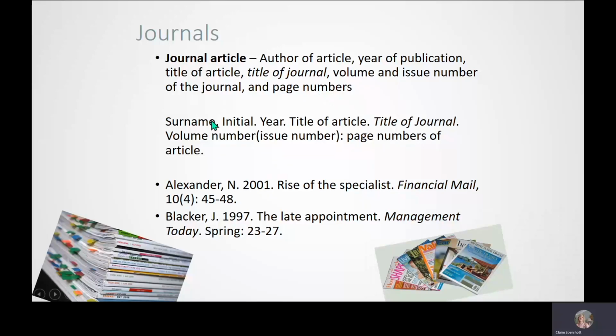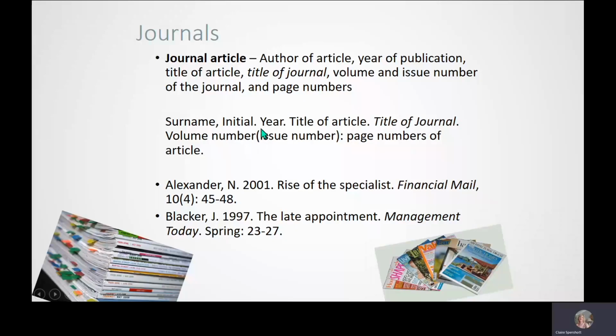All right, and then you would look at the referencing guide and you follow the format in the guide to see how you would reference the journal article. So it's surname, comma, initials, same as a book, the year, same as a book. Then it's the title of the article, which is a normal case, but then the title of the journal is italicized. Okay, and then just to complicate things further, the title of the article, only the first letter is capitalized unless it's a noun, but the title of the journal, you capitalize the main words of the journal title.